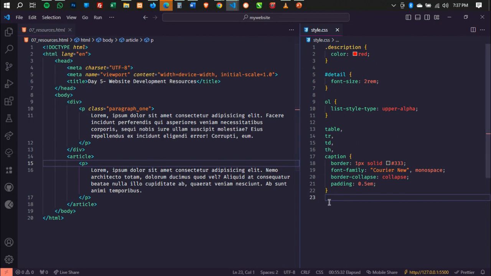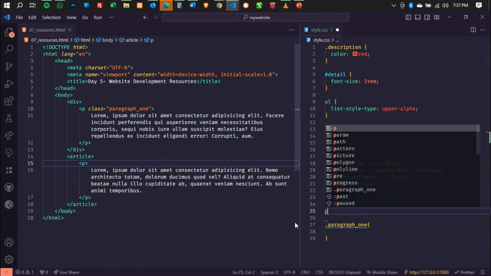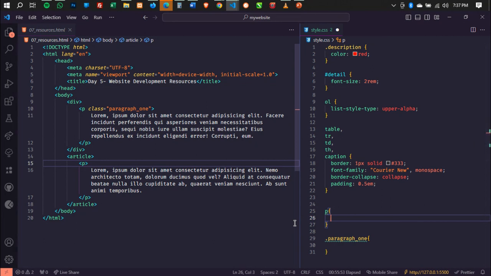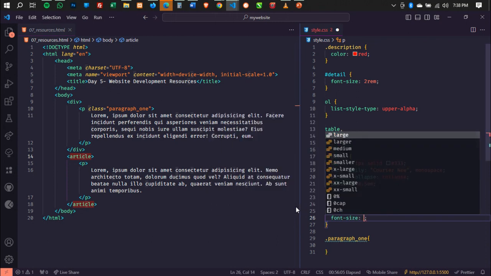So over here I can just select my class, and when I want to select a class, we use the dot notation. So dot, then the name of the class, which is paragraph one, right? Then I can apply my styling to it. Another thing here, before that, when I say P, I'm selecting the element itself. So when you want to select the element, you just type the element directly. Those are CSS selectors. We'll look at them specifically. But I have here, then I say font size is 2 rem,